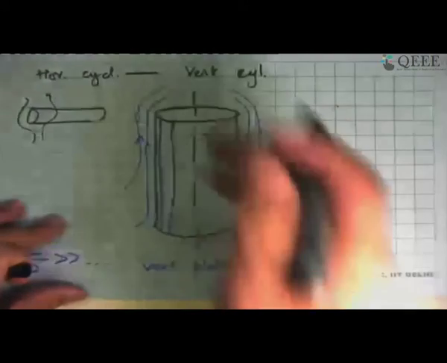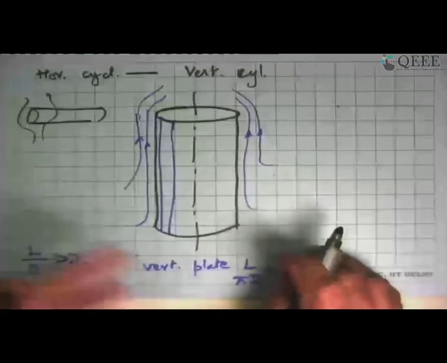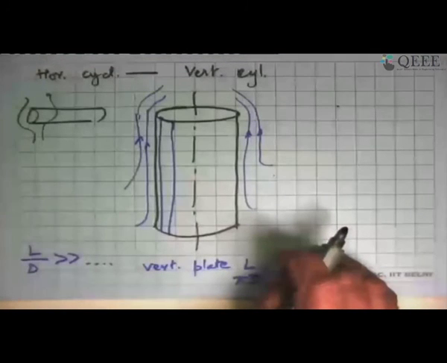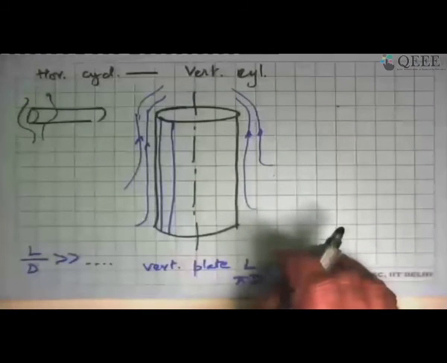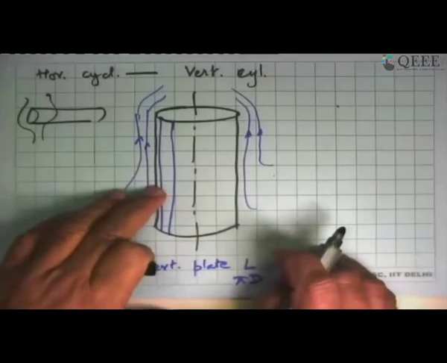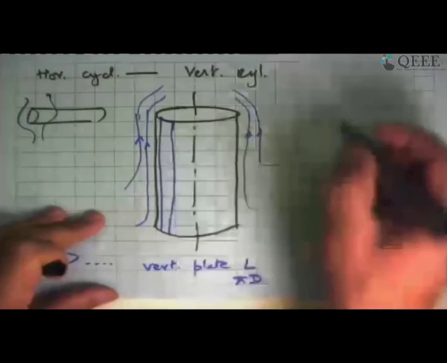Now where do we encounter this? Say a tall metallic thing like a chimney. If you see a foundry or somebody who has a furnace, they have a pipe sticking out of the top and you want to know what is the cooling taking place on the outside. If it's only natural convection, then this is going to be a decent model.